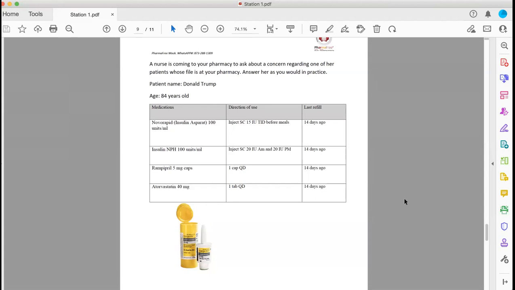So here we have A1C normal, fasting blood glucose abnormal. What about the postprandial one? You didn't ask. The guy is taking 2 types of insulin here, correct? He's taking the rapid, which is the bolus insulin, and he's taking the NPH, which is for basal. So he's taking basal and bolus. Fasting should be controlled by what? By NPH, by basal. Exactly.